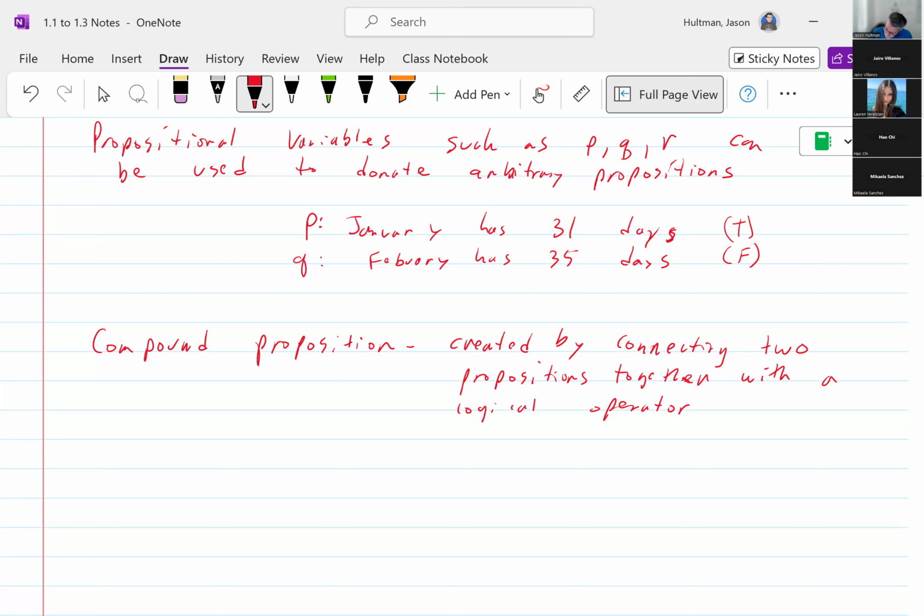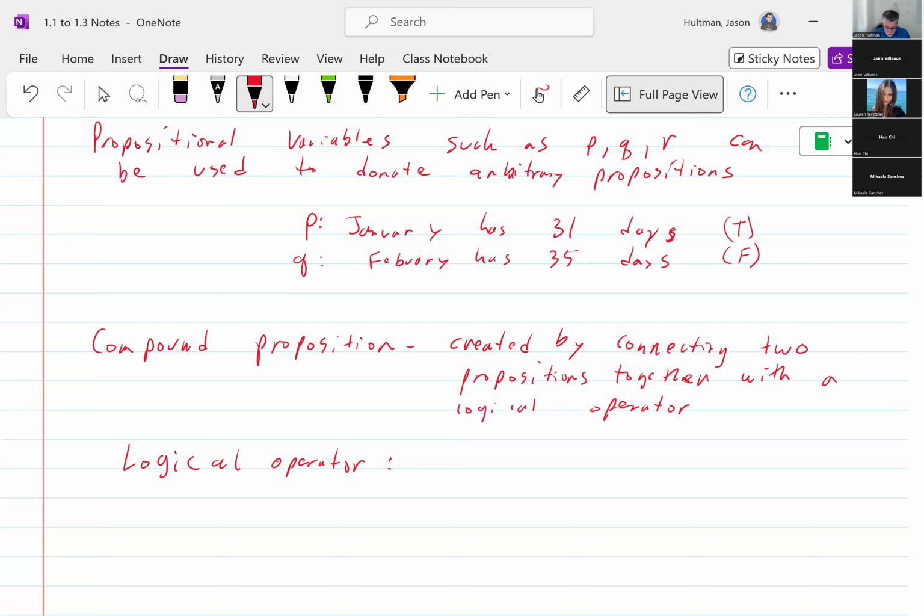Okay. So what's a logical operator? Okay, so we have a compound proposition, and it's connected by a logical operator. So what is a logical operator? So we're kind of going down the rabbit hole here. We're saying in order to have a compound proposition, we need a logical operator. In order to have a logical operator, we need something else. And so eventually it'll all fall like a row of dominoes, but we have to kind of build everything and